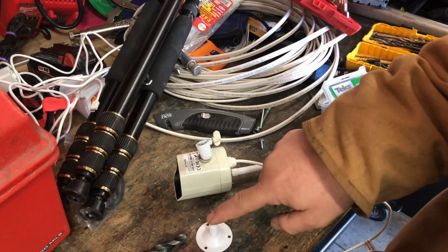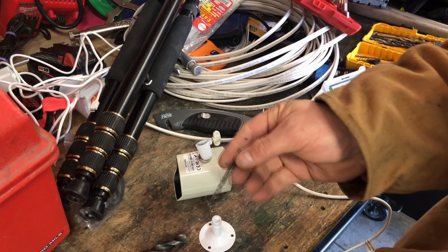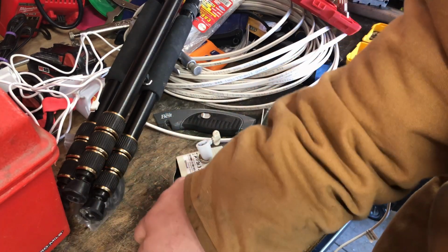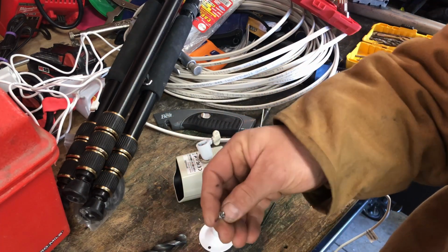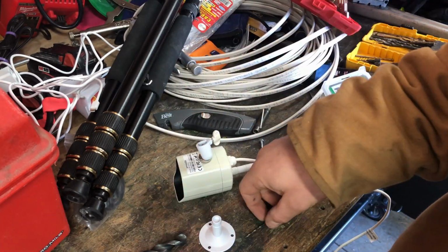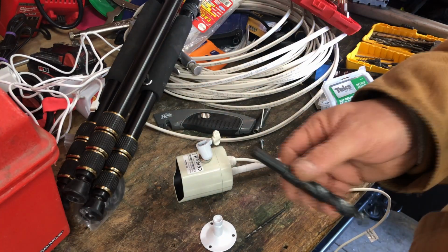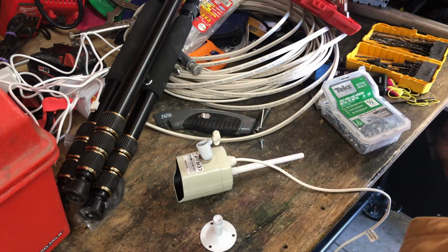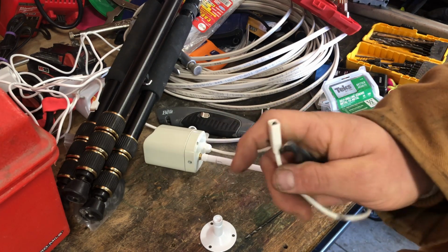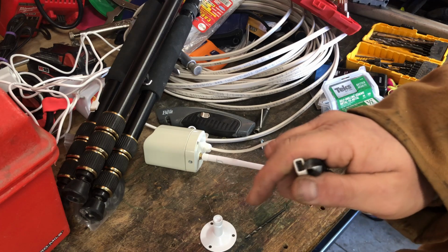So to attach this on the wood, I'm going to drill a 1/16 inch pilot hole. Then I'm going to use a Phillips bit to drive the screw that came with it. And then I'll do it 2 more times. Then I'm going to use a 1/2 inch drill bit to drill the hole through the house so that this plug can fit. And I already measured, and this is...